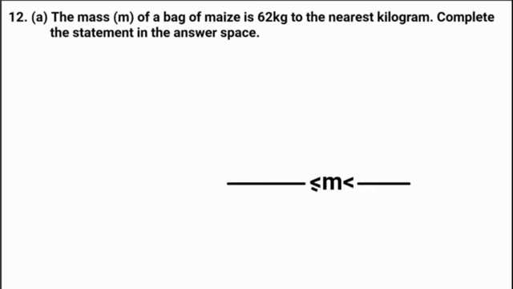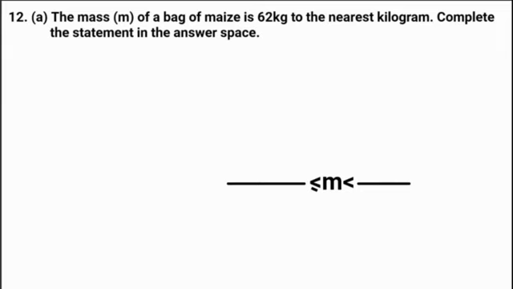Question 12A was as follows. The mass M of a bag of maize is 62 kg to the nearest kilogram. Complete the statement in the answer space. Okay, so here, for you to complete the